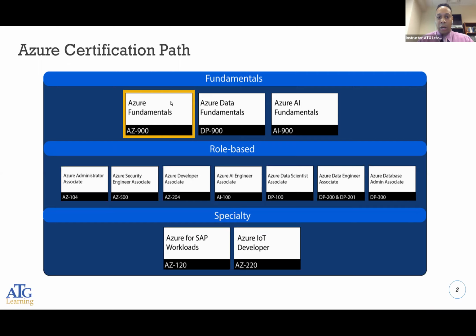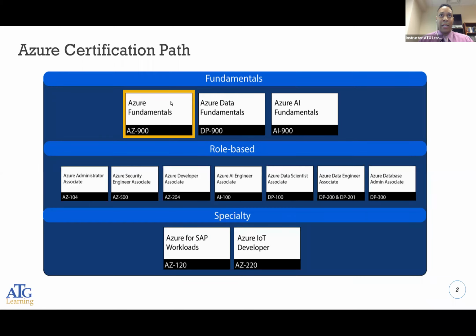And upon accomplishing this exam, you actually get what's called an MTA, Microsoft Technology Associate certification. So you'll have that on your resume along with your Azure Fundamentals certification, so that a lot of these job seekers can see that, hey, this person is serious about IT. They've taken the first step into wanting to learn about some of the new technologies that are offered, and they have a basic fundamental understanding of the cloud technology, specifically Azure, Microsoft's cloud technologies.